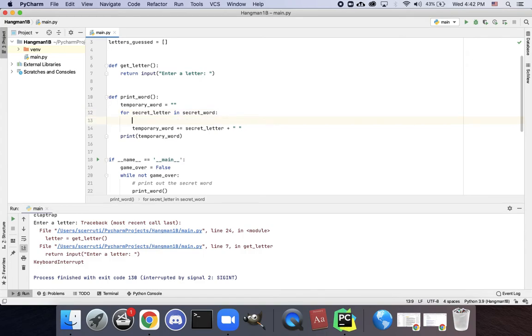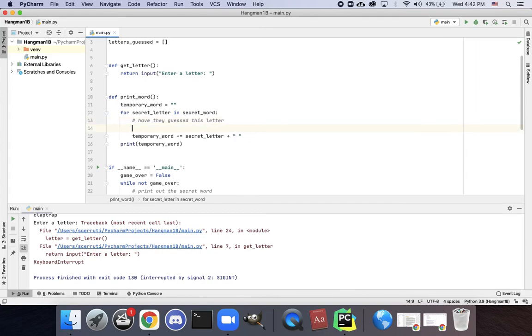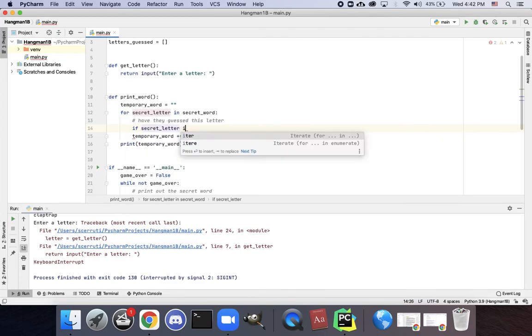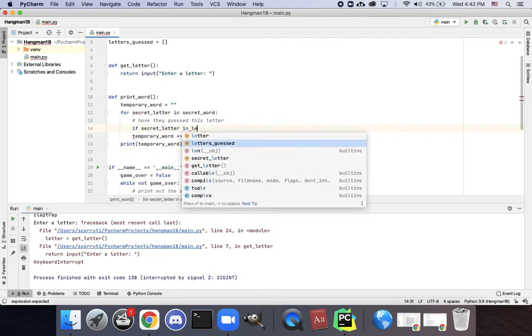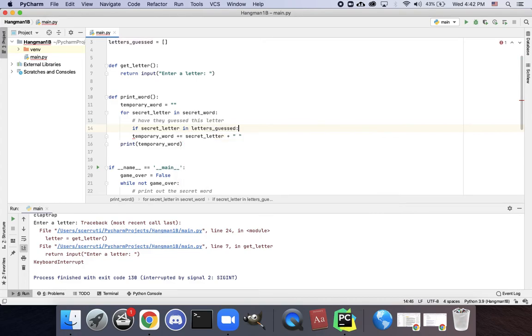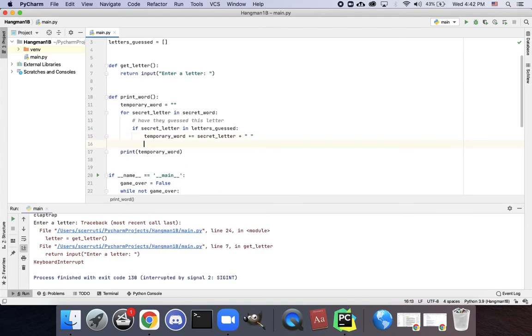Okay, so the secret here is I've got to say, okay, is this letter, have they guessed it yet? Have they guessed this letter? Well, if we're going to ask a question, we need an if. If the secret letter is in the letters guessed. Okay, well that seems easy enough. If it is, well, then I'll want to do that, just like we did before. I want to add the secret letter to the temporary word. But if it's not,